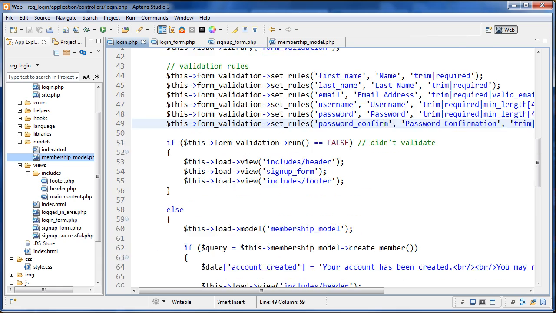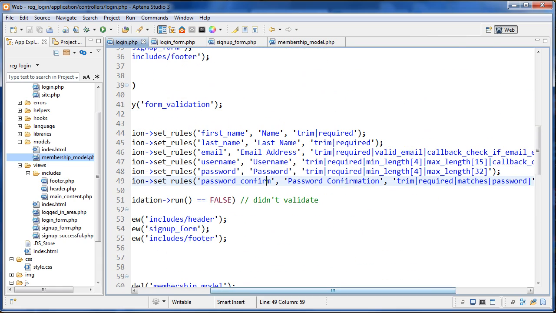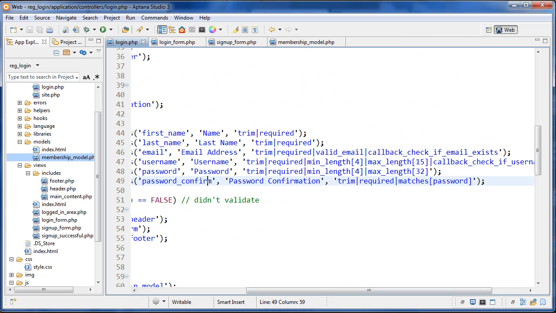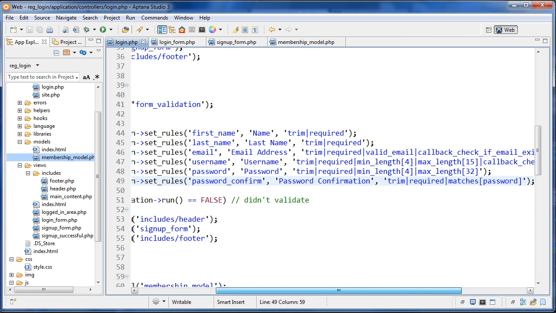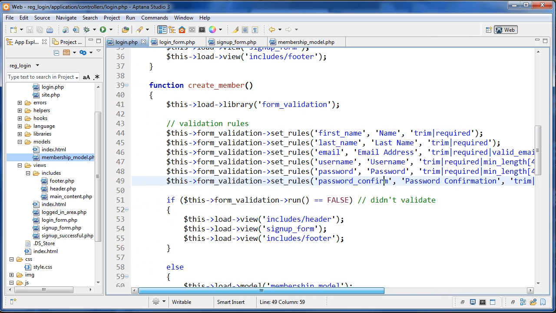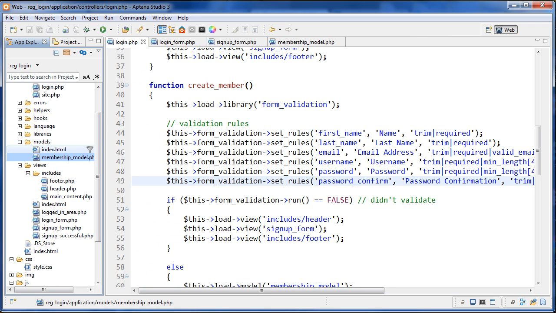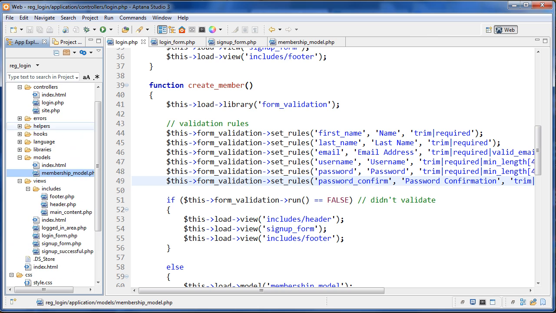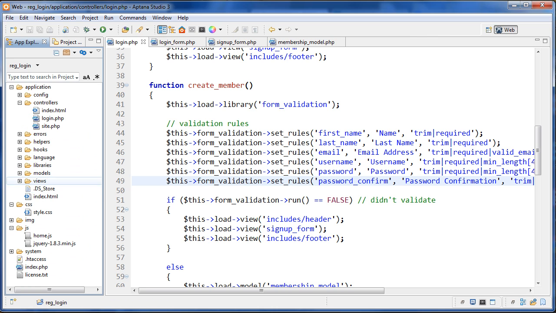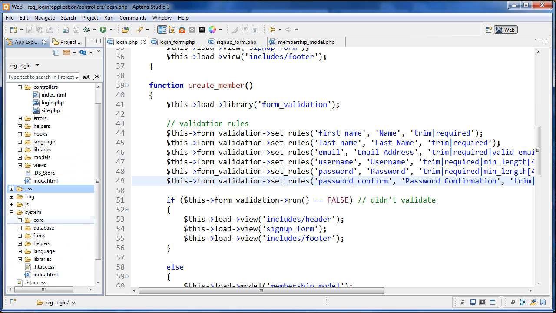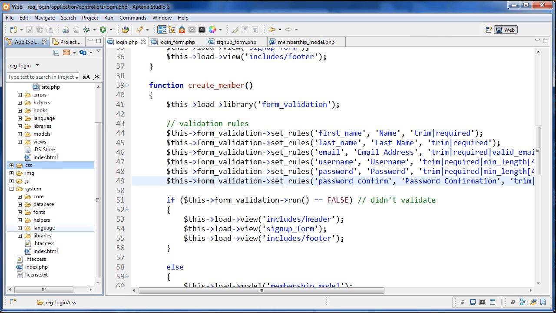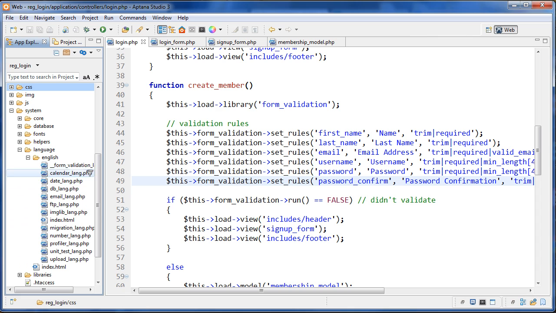Okay, but if this returned false, then a message would be sent back to them on the registration form saying that username already exists. Now I had to create that myself, and actually before I was doing something wrong about that. I'll show you where those messages are kept. So if you go down in our system folder, and inside language and then English,